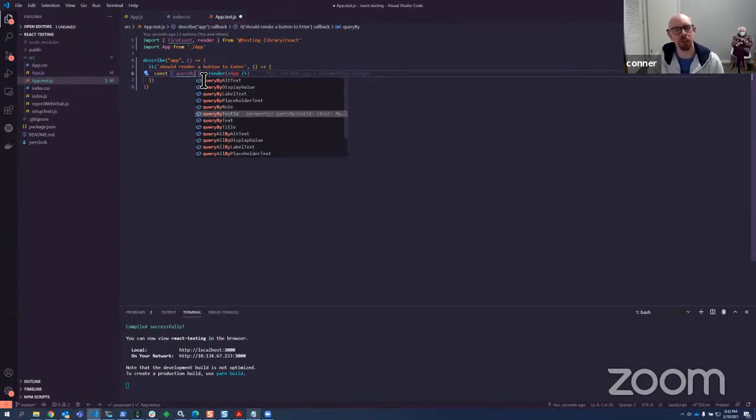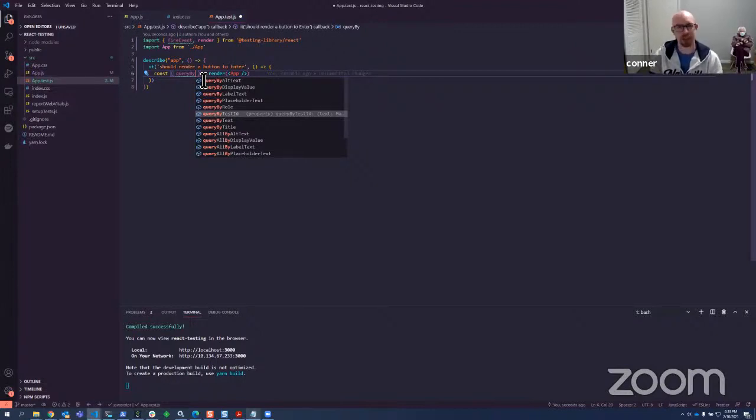Which one to use? This is also a debate. The React testing library recommends defaulting to label text, and I'll explain why. It's for accessibility reasons, or sort of. It's related to accessibility reasons. You will often hear, I don't want to put words in QA's mouth, but QA often would like for people